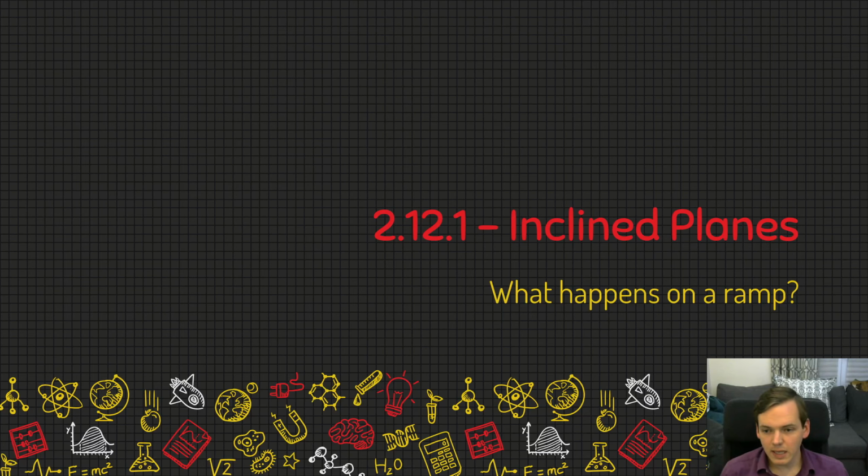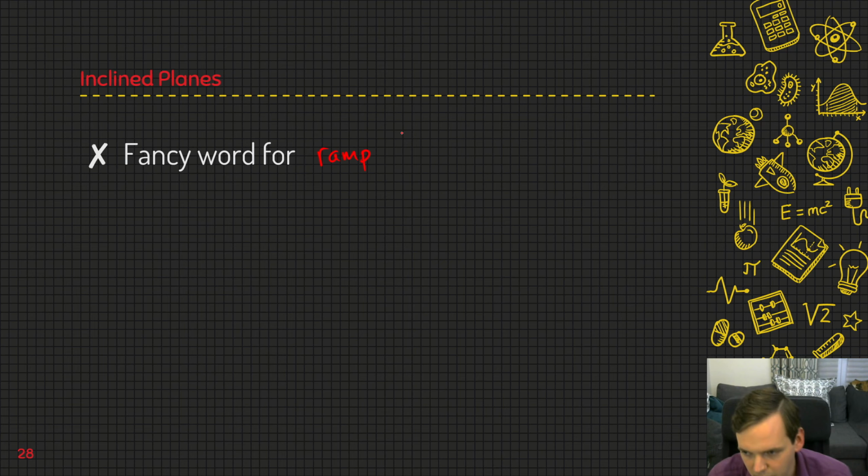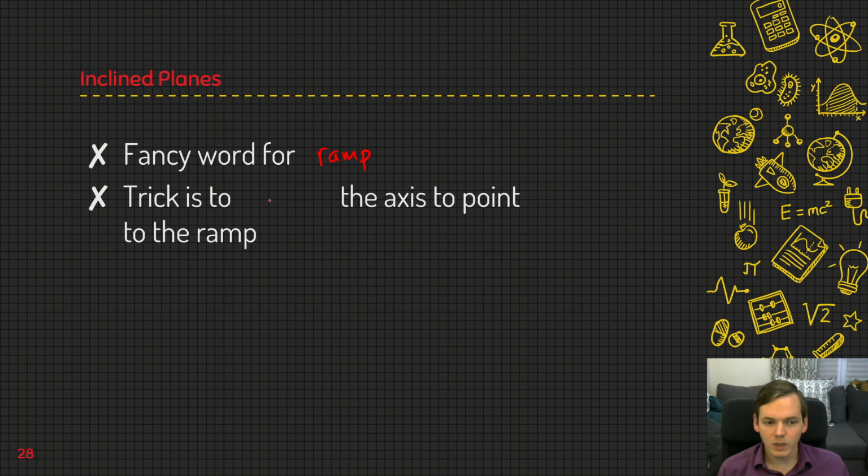This lesson looks at inclined planes, or what happens on a ramp. Inclined planes is just a fancy word for a ramp. It's our fancy physics word for ramps, inclined plane. The trick with inclined planes is to rotate your axes to point them